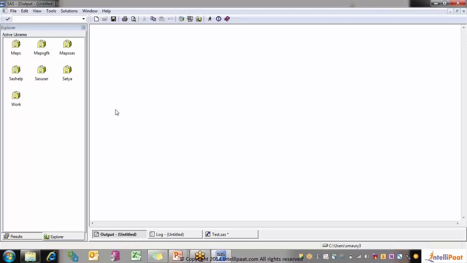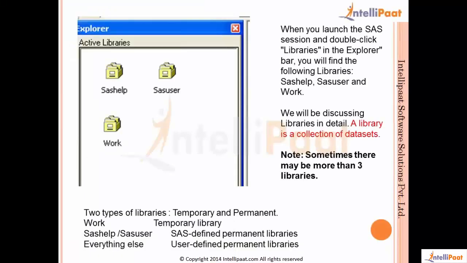Another thing, suppose that you have created a data set and you have not mentioned any other library, so it will by default go and save that into the work library. But if you want to save that into any other library, then you will have to mention the library name. I will show how to mention the library name before the dataset. But right now, the important thing to know is that the types of libraries in SAS